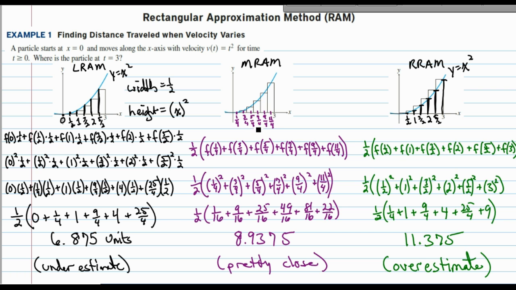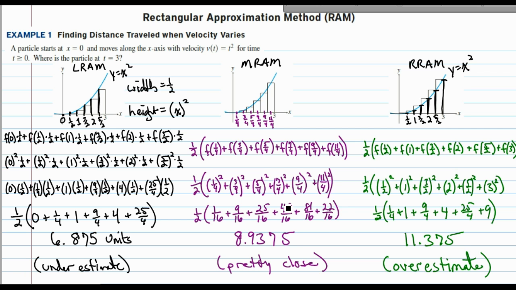1/4, 3/4, 5/4, 7/4, 9/4, 11/4. So I'm going to use each of those x values to find the new rates according to the middle of each of these rectangles. So those are the new heights. I'm going to plug each of those x values into our x squared. So f of 1/4 is 1/4 squared, f of 3/4 is 3/4 squared, etc. And I get that it's approximately